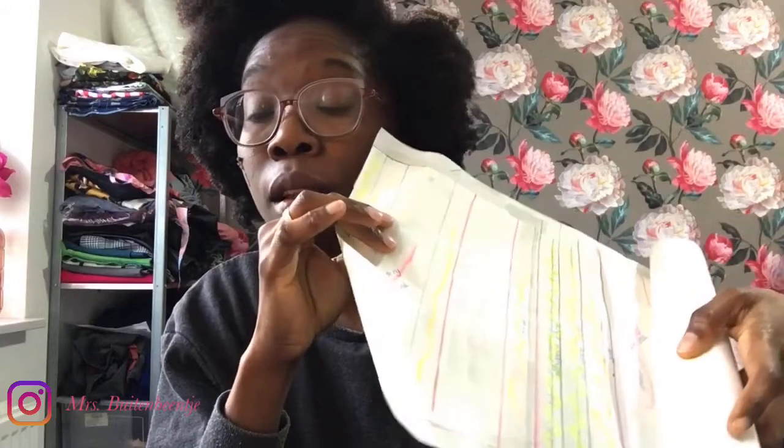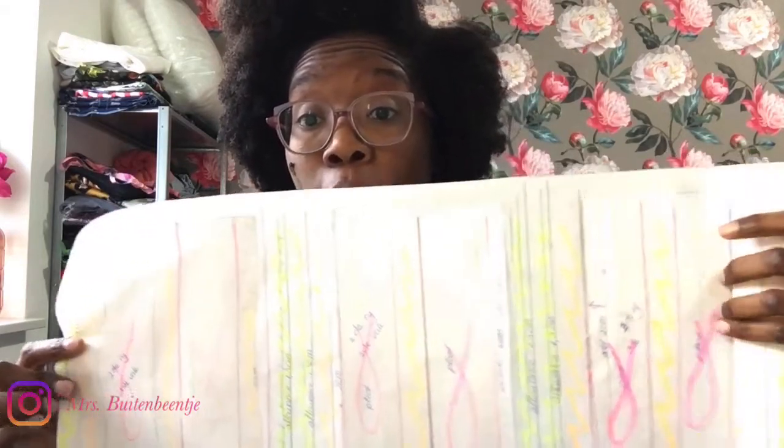And about the pattern, this is the Shirley skirt, and the Shirley skirt is just a complete pattern. I'm going to put a picture in here. It's just a complete pleated skirt. But because I needed pleating and layering in the skirt, if you look at the Zimmerman dress, what I did was